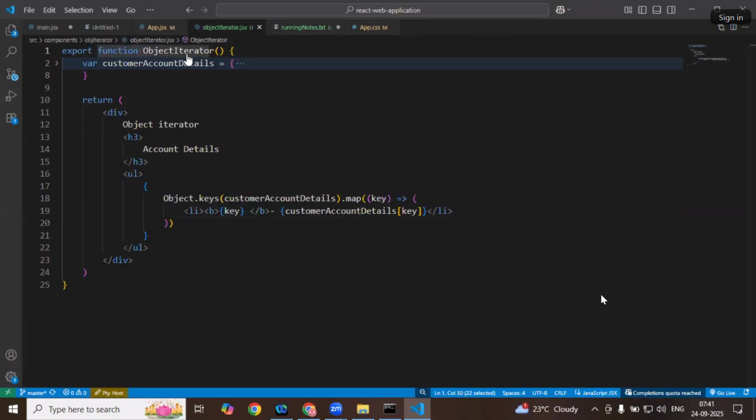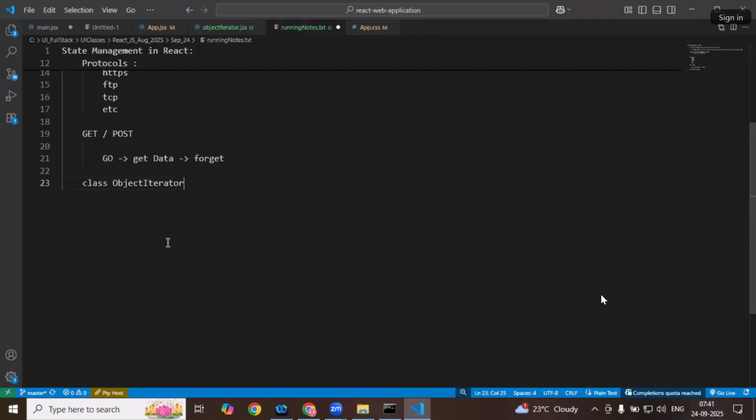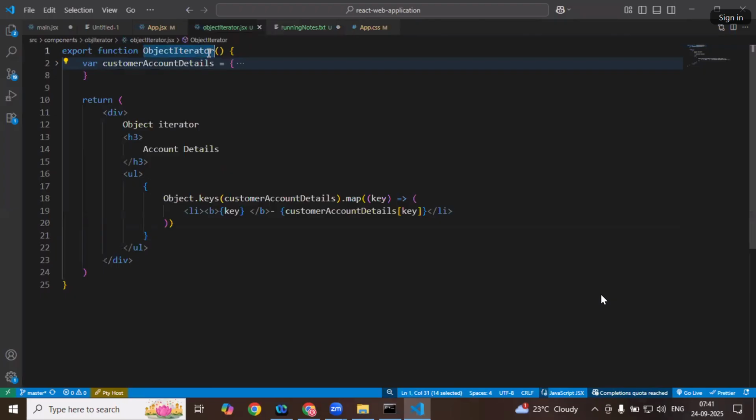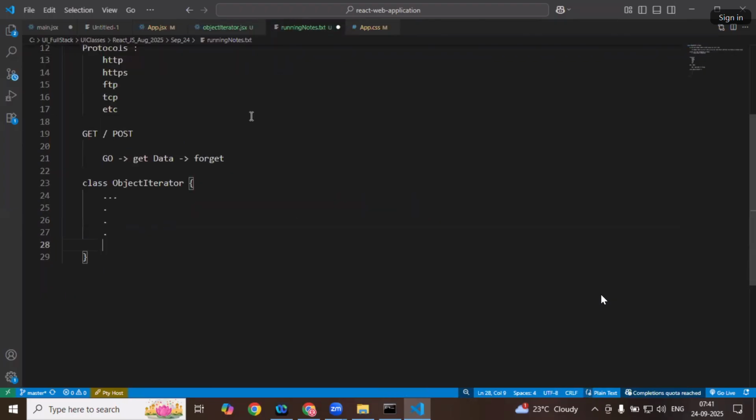For example, this is the component we have, Object Iterator. If you have to create a class component of this, this is how we used to do it. We return all the JSX, etc. using the class itself. But now we are going to make use of the functional component itself. Why people used